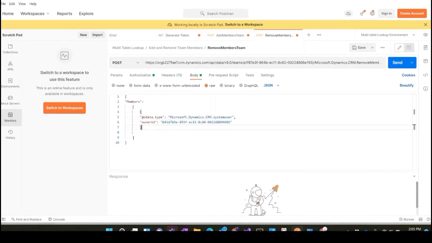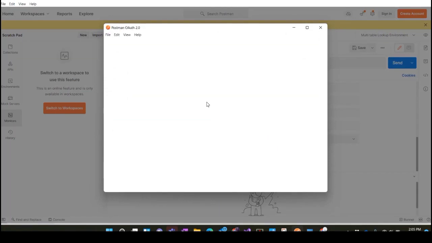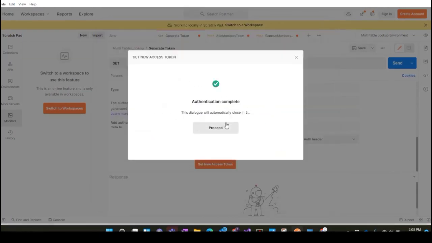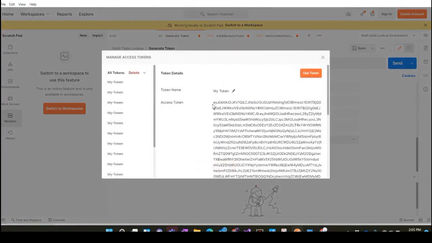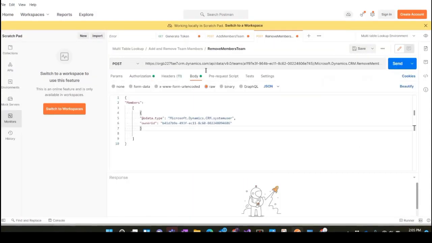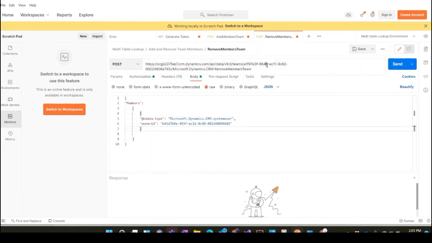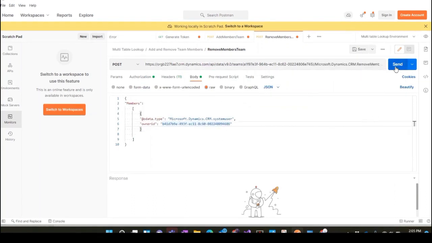So that is it. Now whatever token we have generated, let me generate one. Let me copy this, and for the remove action also I am using the bearer token authorization. So I will copy this token. Everything is set up, this user is pasted. Now when we send this request,